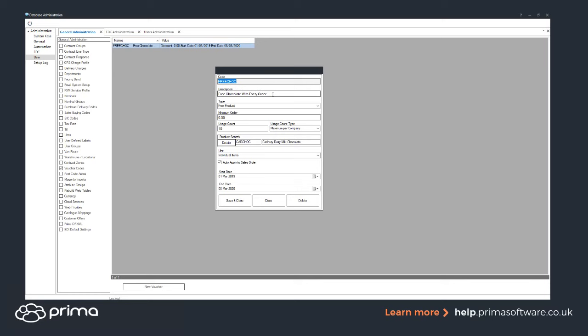Just below that you've got a description, which pulls into the voucher codes in the sales order, as well as showing online once it's been applied. So make sure it's something that's actually relevant to the offer that you're doing. Then just below that we have the type. At the minute this is set to free product, but if this was a brand new one, you would still have the option for